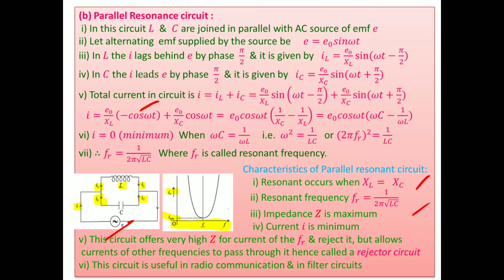Then in that case, impedance is minimum and it is a resistance for series resonance. But in parallel resonance, the opposite thing is there: impedance is maximum, almost infinity for the ideal case. And current is minimum. Actually, not a minimum, it is exactly 0 for the ideal case. But the ideal case does not exist because the inductor is having some resistance, so some current is drawn through it. That's why current is minimum.